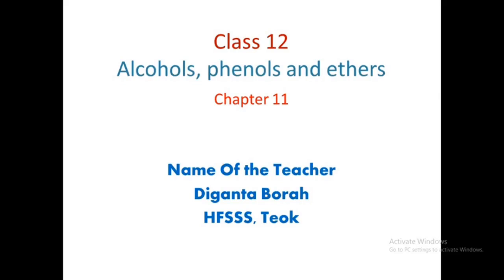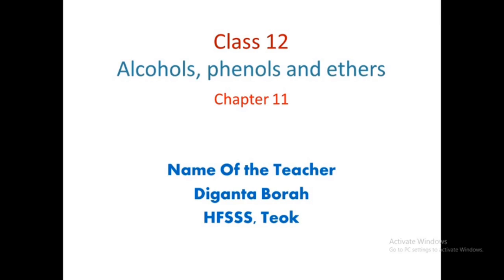In our previous classes, we have completed chapter 2, that is solutions. So from today, we will study chapter 11, that is alcohols, phenols and ethers. This is an important chapter for organic chemistry. Most of the important reactions are included in this chapter. Therefore, we have to study this chapter